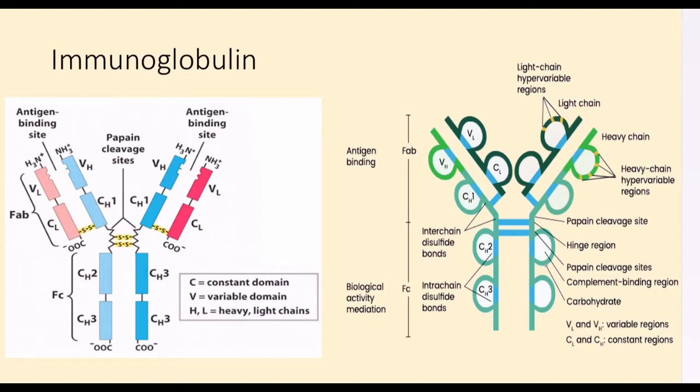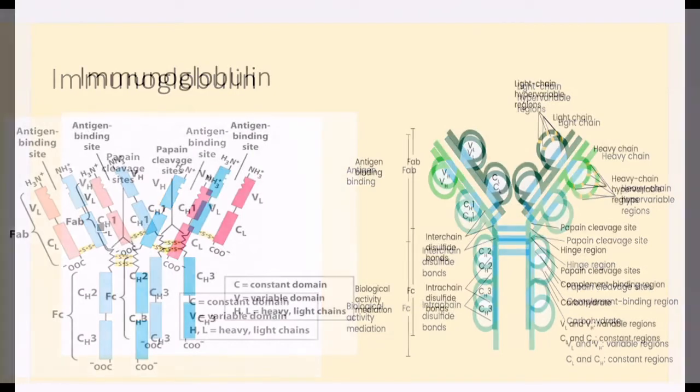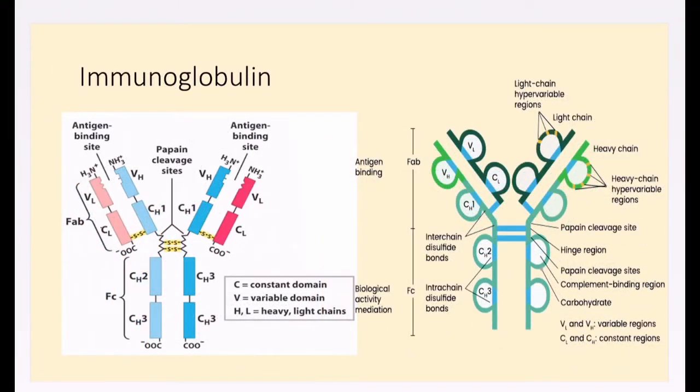These four chains are covalently bonded together by means of disulfide linkages. The molecular weight of the L chain, the small chain, is about 25,000 Daltons, whereas the larger chain, which is called the H chain, has a molecular weight of about 50,000 Daltons. This is the amino terminal end of both the heavy and light chains.